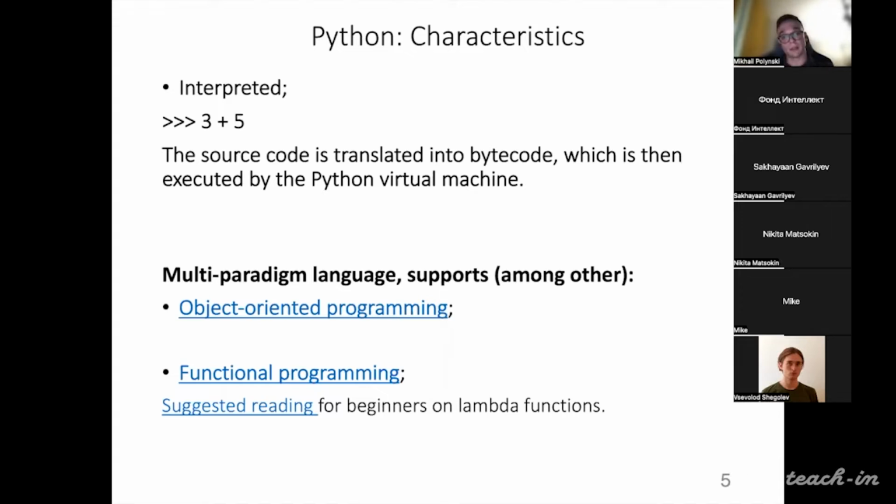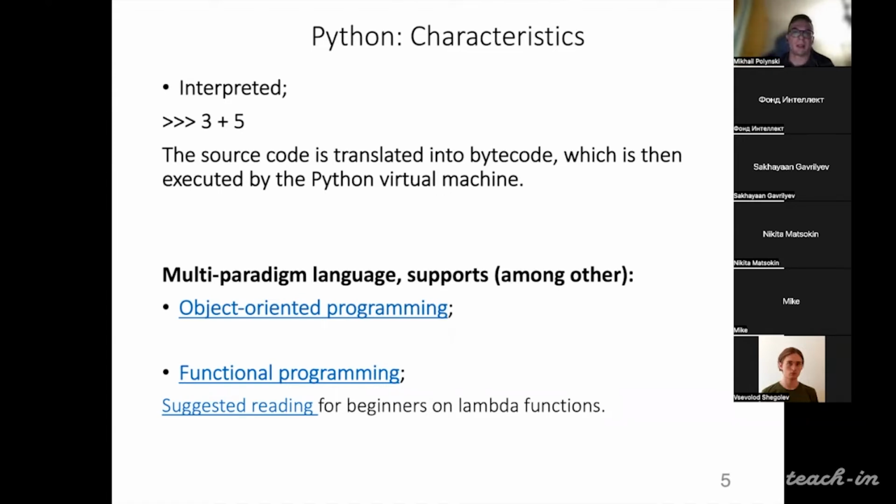And Python is a multi-paradigm language, so it allows us to use the object-oriented programming paradigm, and, for example, functional programming, and some else.